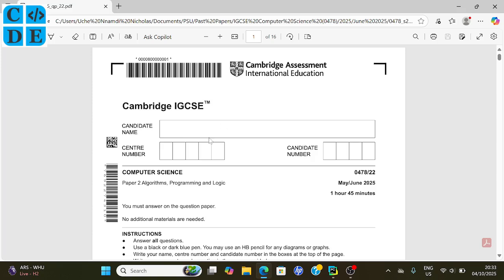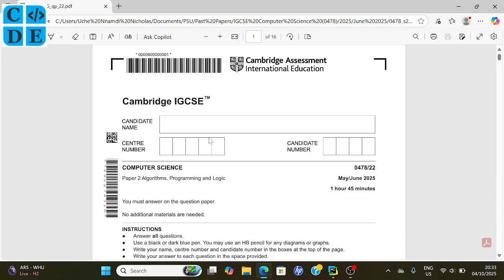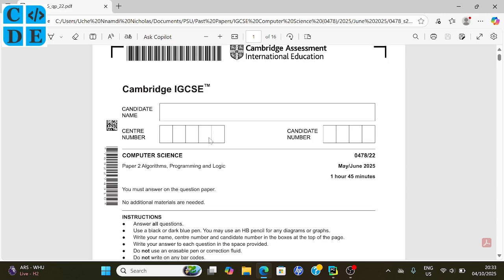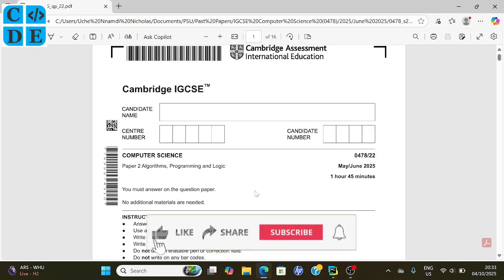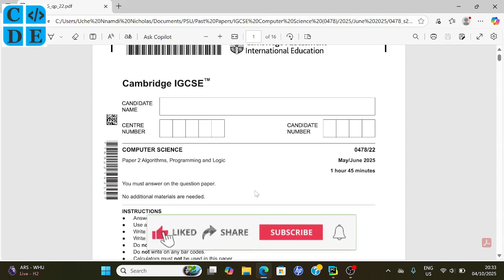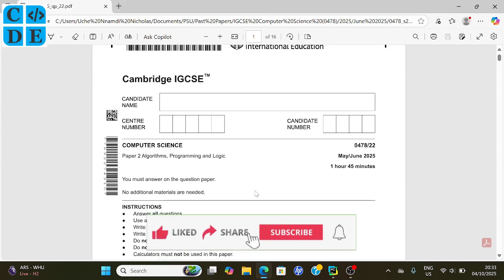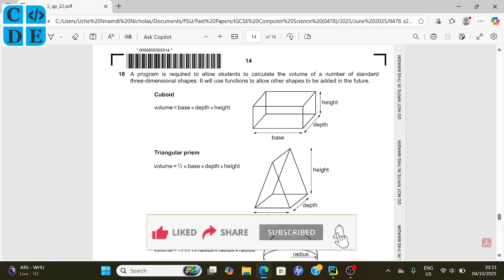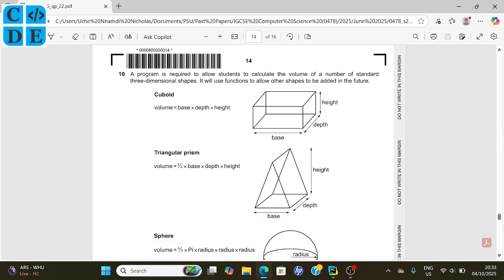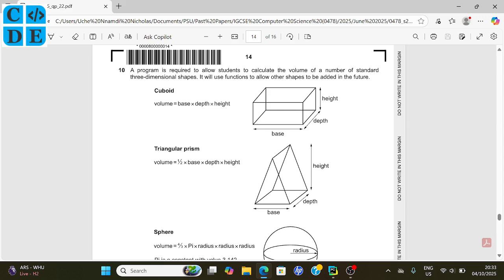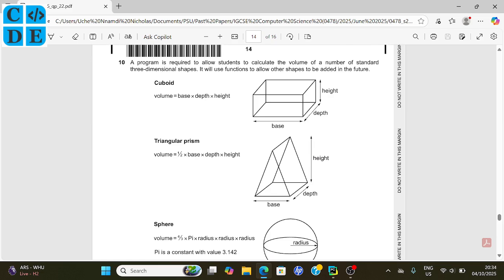Today we're going to be talking about the Cambridge IGCSE Computer Science May-June 2025 paper 2-2. Okay, and as usual we're going to be discussing the programming part. Alright, so the programming part is question number 10. This question seems quite easy. So it's a little below the standard of the IGCSE exams, so I don't know why the question came up